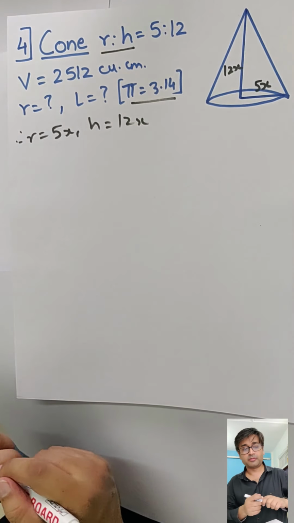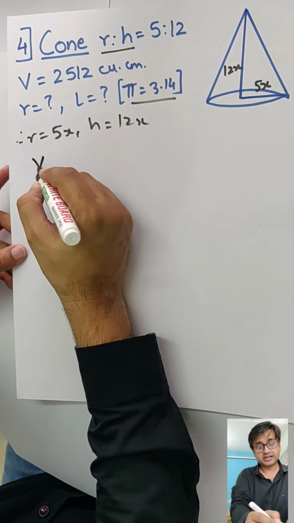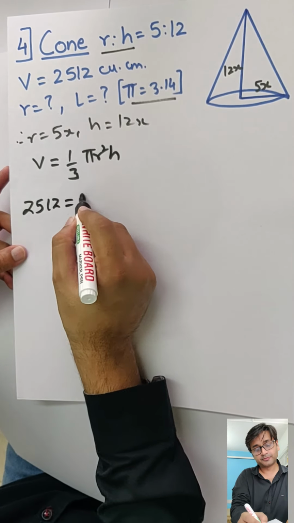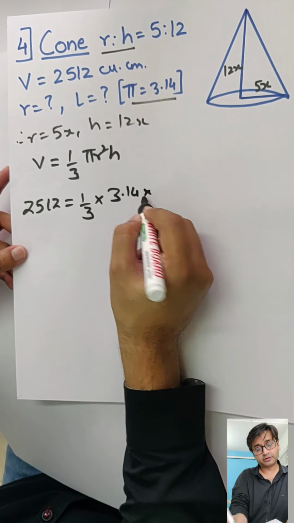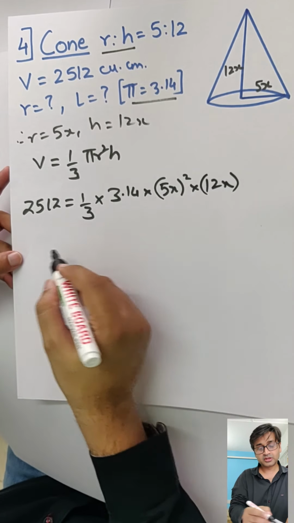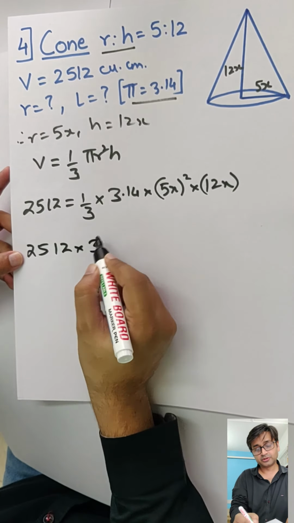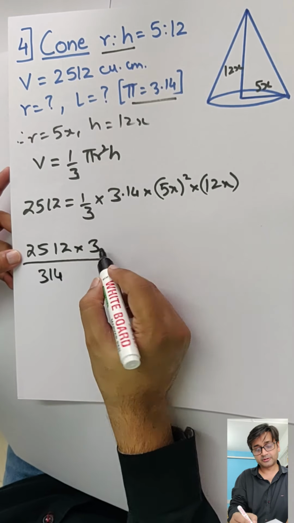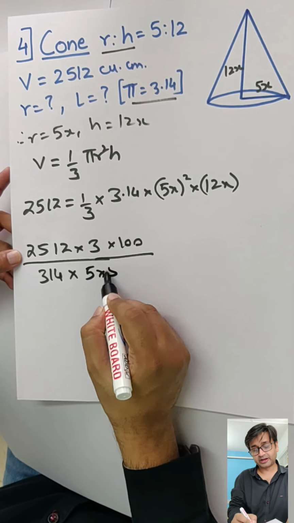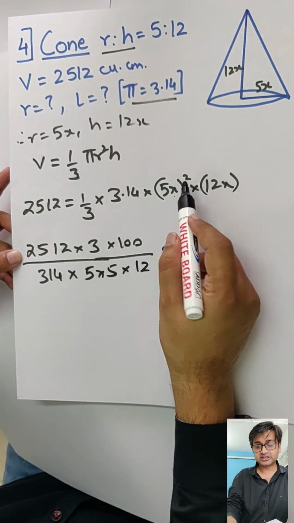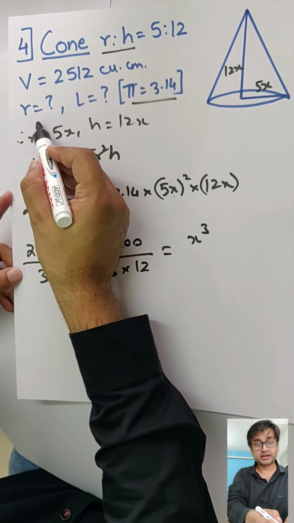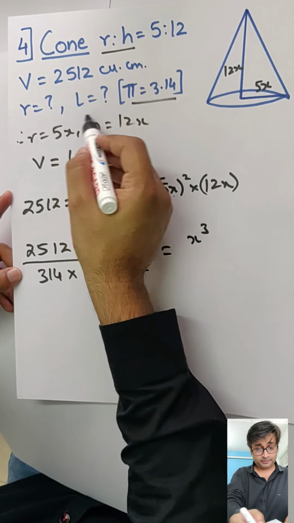So let's see how we are going to go about this now. Volume is given to you. So directly hit it. 1/3 pi r square h. So 2512 equals 1/3 into 3.14. Radius is 5x the whole square and height is 12x. So pushing everything on the other side into 3. 314 goes down. So into 100 upon into 5 square. So 5 into 5 into this 12 and x square into x will give me x cube. So get x first. That will help you to get the radius, then the height and then Pythagoras to get